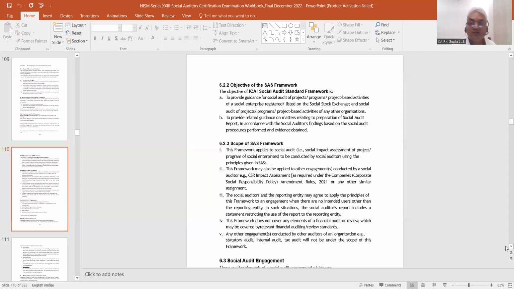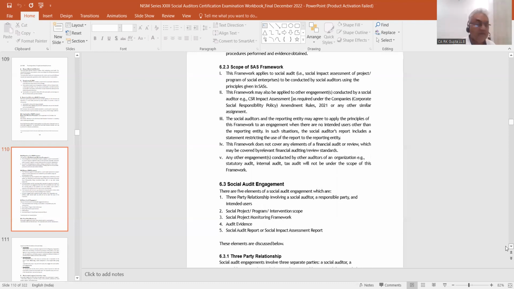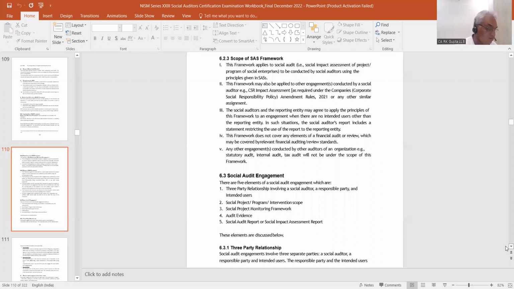उसके बाद में अगला पॉइंट आ जाता है इसमें सोशल ऑडिट एंगेजमेंट। ये सोशल ऑडिट एंगेजमेंट क्या है? सोशल ऑडिट एंगेजमेंट में बेसिकली जैसे ऑडिट एंगेजमेंट होती है इसी तरह से यहाँ पर भी 5 एलिमेंट्स हैं। भाई पहले तो ये है कि कौन उसके रिस्पॉन्सिबल पार्टी है और कौन सा उसके इंटेंडेड यूजर्स है। ये 3 पार्टी रिलेशनशिप है, एक तरफ सोशल ऑडिटर है, दूसरी तरफ उसकी रिस्पॉन्सिबल पार्टी है, और तीसरी तरफ इंटेंडेड यूजर्स। ठीक है, जैसे ऑडिट में भी क्या होता है, एक तरफ ऑडिटर होता है, दूसरी तरफ मैनेजमेंट होती है, तीसरी तरफ शेयरहोल्डर होते हैं। ऐसे यहाँ पर भी एक सोशल ऑडिटर है, रिस्पॉन्सिबल पार्टी और इंटेंडेड यूजर्स है। ठीक है, उसके बाद में जो इंटरवेंशन है उसका क्या स्कोप है, जो हम एक्टिविटी कर रहे हैं उसका क्या स्कोप है, फिर सोशल प्रोजेक्ट मॉनिटरिंग फ्रेमवर्क क्या है, ऑडिट एविडेंस क्या है, और सोशल ऑडिट रिपोर्ट ऑन सोशल इम्पैक्ट असेसमेंट।